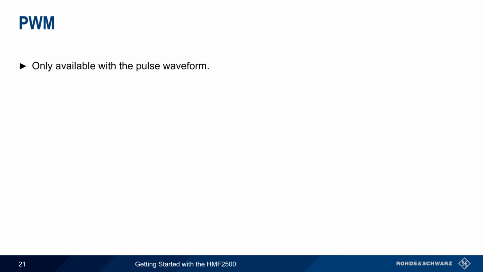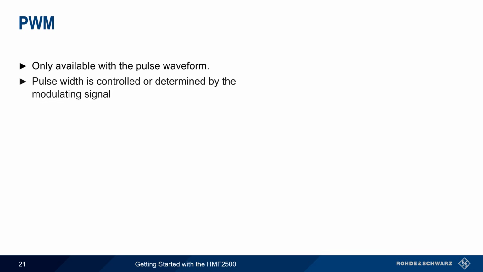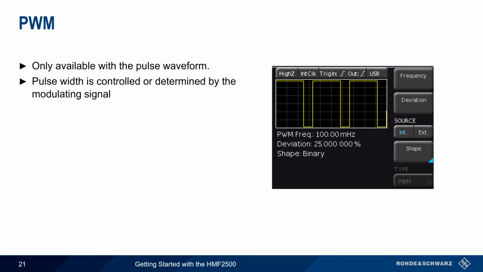Pulse width modulation, or PWM, is only available for pulse waveforms. In PWM, the width of the pulse is controlled or determined by the modulating signal. The deviation parameter is used to define how much the width of the pulse signal will vary with changes in the